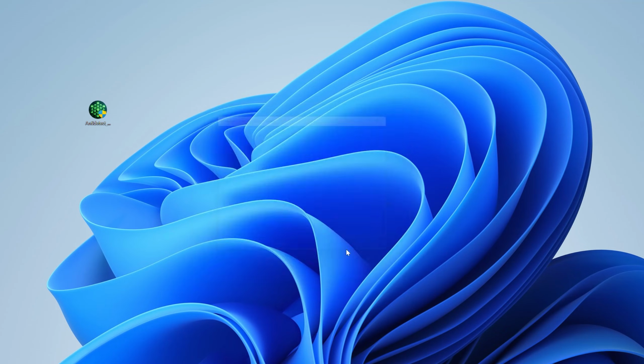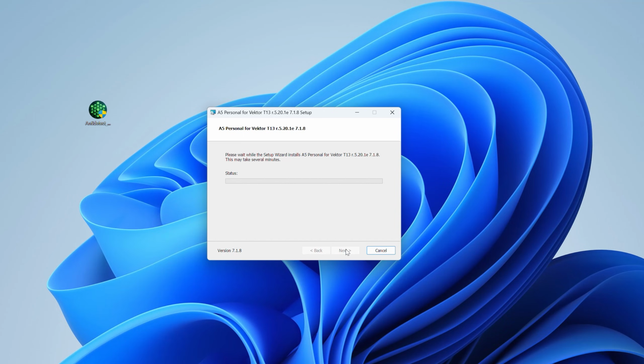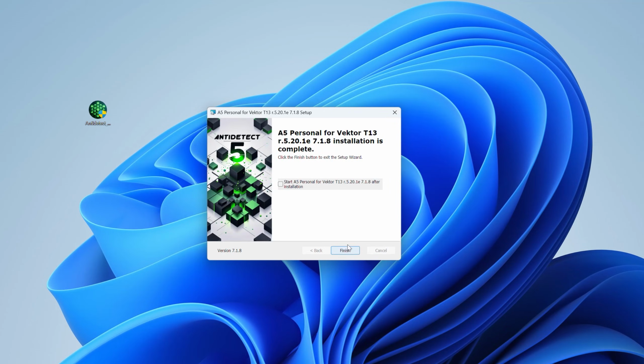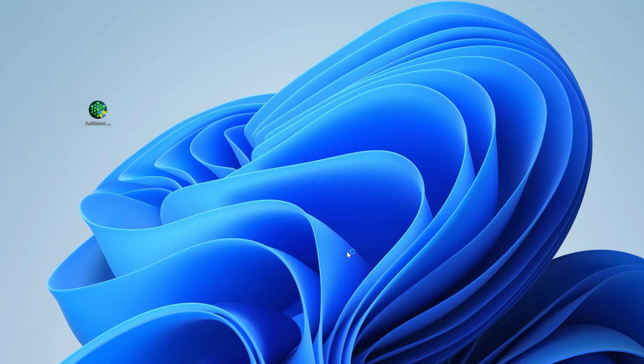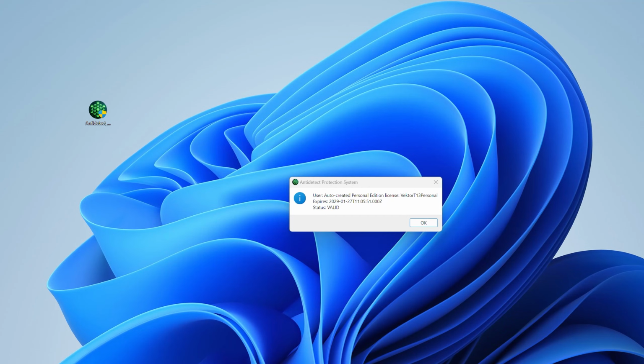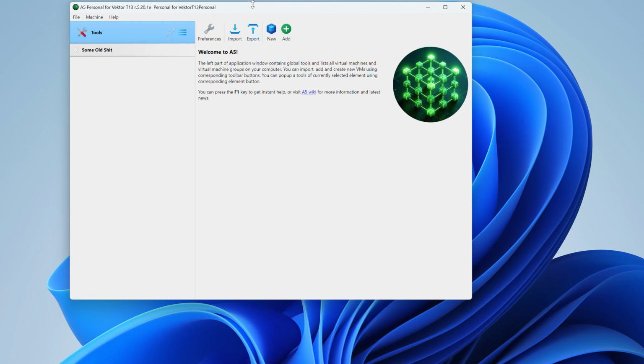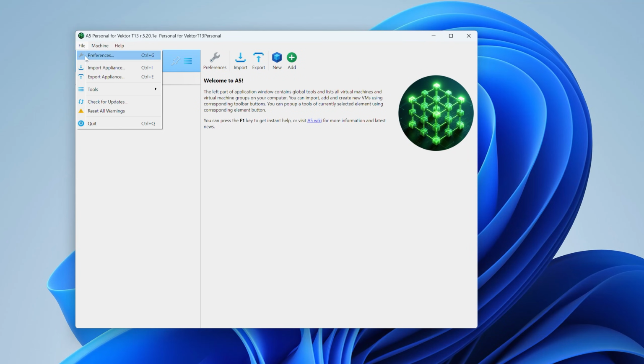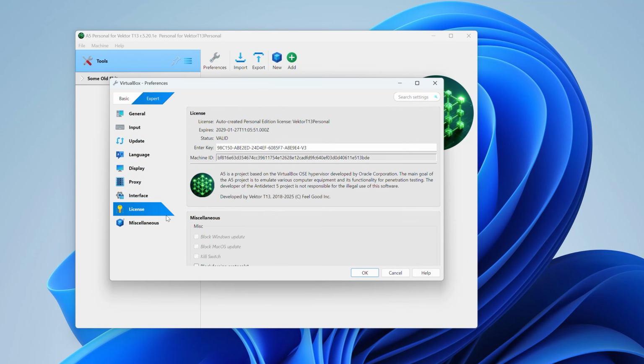Click Next and proceed to installation. The installation is standard from VirtualBox. In this case, there are practically no changes and it takes only a few seconds. Our software is completely ready to work. At the moment, the license has been checked. Here I want to draw your attention to the fact that the software has an item called License on the file Preferences tab.